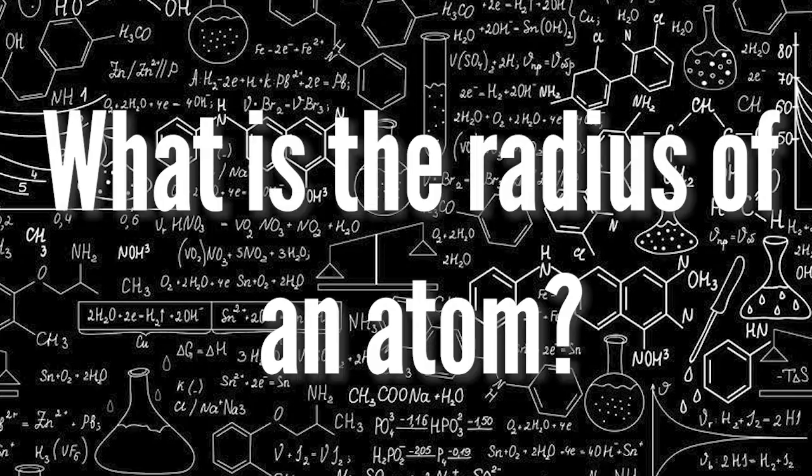A popular metaphor used to describe Hund's rule is like, for example, when you go on a bus, you first attempt to sit by yourself, and when you can't, only then do you force yourself to sit next to a stranger who you'd rather not sit next to. Question number 12. What is the radius of an atom? The radius of an atom is the distance between its nucleus and its outermost electrons, also called its valence